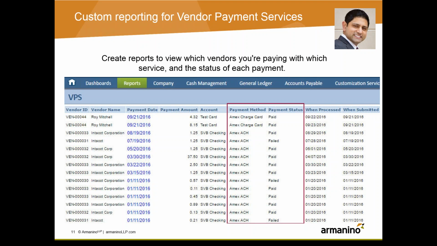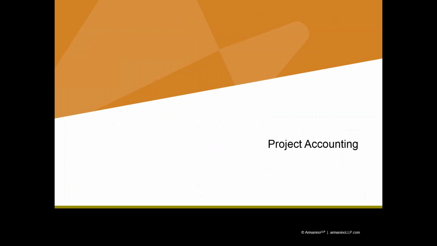So in this example here, you can see that there's a report we created where we've got a bunch of transactions, and then the payment method and the payment status is now exposed. So we can see exactly how we paid the bill and whether it was actually paid or not. And if it failed, then you can go in and resubmit and/or update the vendor's record. So nice to be able to see that these data sources are just continuing to be added over the course of the next few releases.